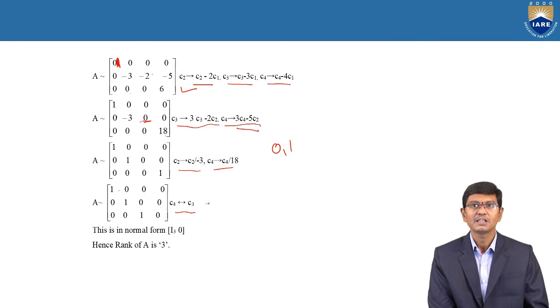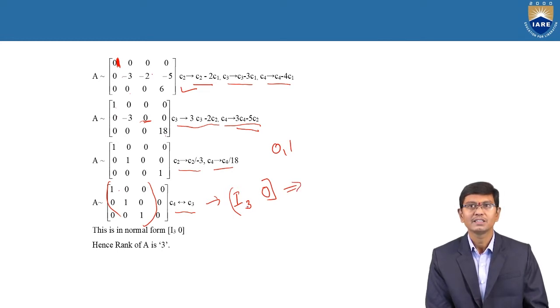And when we observe this matrix, the first 3 by 3 block clearly satisfies I3. Why? Because that is a unit matrix of order 3. And again the last column is nothing but 0 only. Therefore, it is one of the normal forms of a matrix. And here, where Ir is nothing but R, it clearly satisfies the 3 value. Therefore, R is equal to 3. So we can clearly say that the rank of the matrix is equal to 3 only. Therefore, this is regarding the normal form of a matrix.